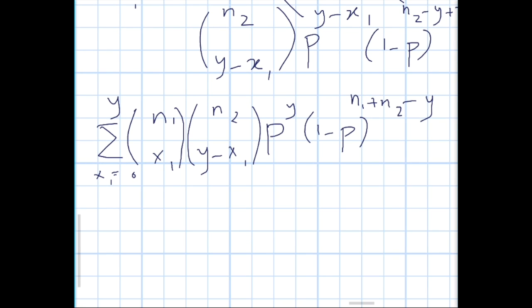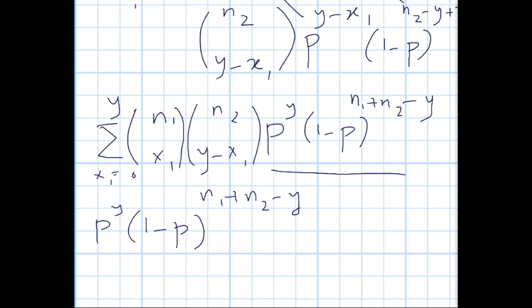Okay, so then these two parts are independent of the summation variable, so we can take them out. So (1 minus p)^(n1 plus n2 minus y) times the summation over x1 equal to 0 to y of (n1 choose x1)